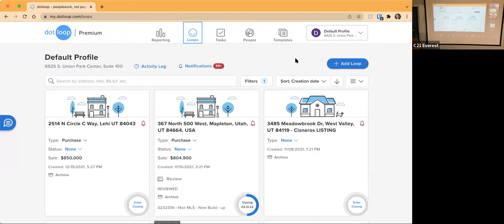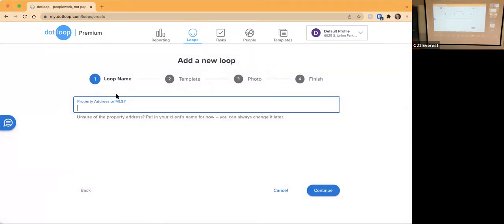The first thing that you're going to do on Dotloop is you're going to come in here and click add loop. It's going to ask you for either the property address or an MLS number. Now, if you know an MLS number and it is a property that is on the MLS, go ahead and throw in the MLS number. Outside of that, you're typically just going to throw in a property address there,